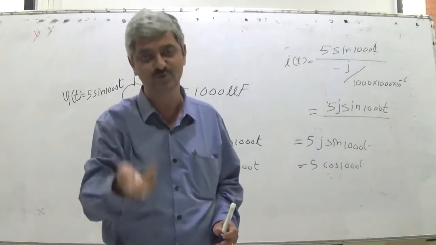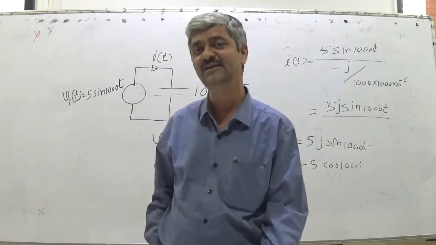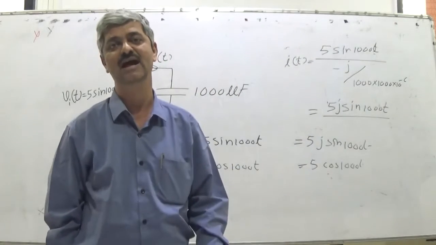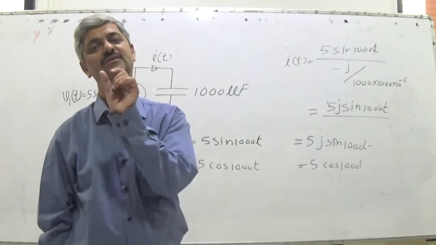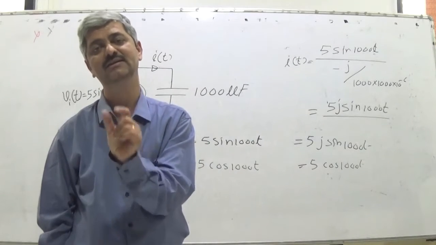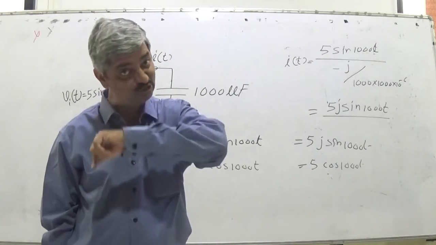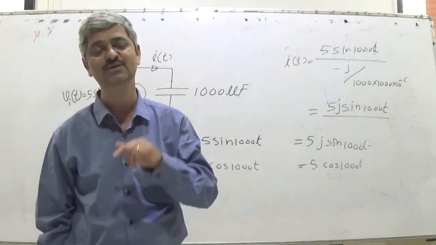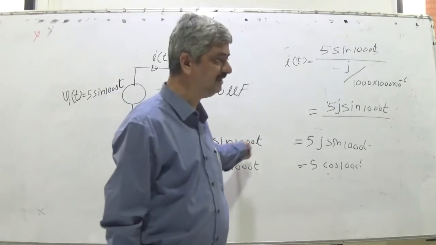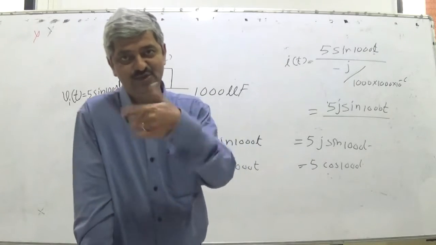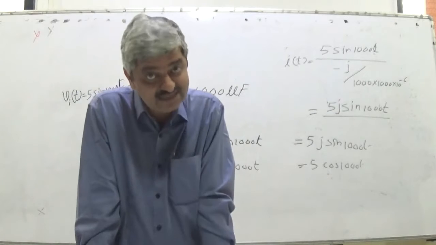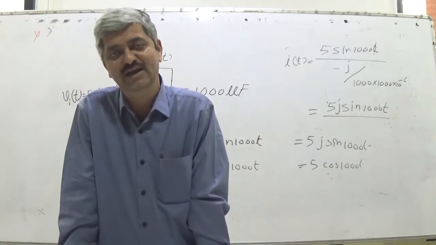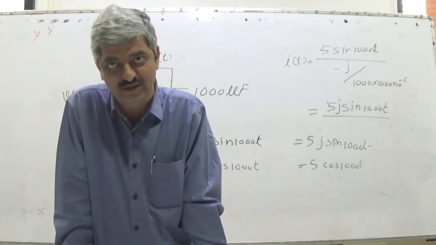So the task for you, to come before tomorrow's lecture, is to plot a graph of energy versus time. In first quarter cycle, energy is not constant. Sine into cos is a waveform, sine 1000 t cos 1000 t, or sine omega t cos omega t, itself is another sinusoid. You can plot its graph.